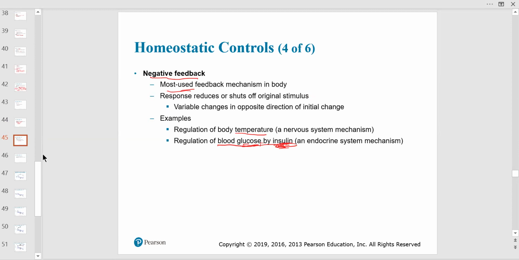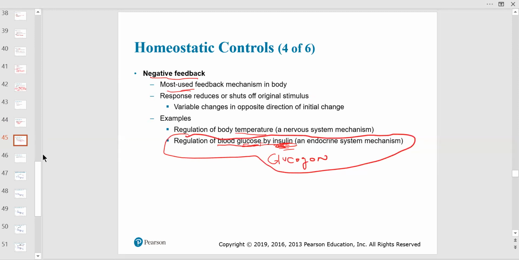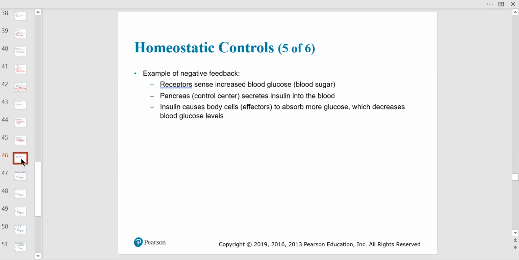If the blood glucose is low, there's another hormone called glucagon that does the opposite. It's kind of antagonistic. But this doesn't involve the brain. This only involves the pancreas. So I don't want to confuse you there. So the pancreas makes that decision, how much glucose is in the blood, and whether I'm going to release insulin or I'm going to release glucagon to keep that homeostatic blood glucose level between 90 and 110 milligrams per deciliter of glucose in the blood.